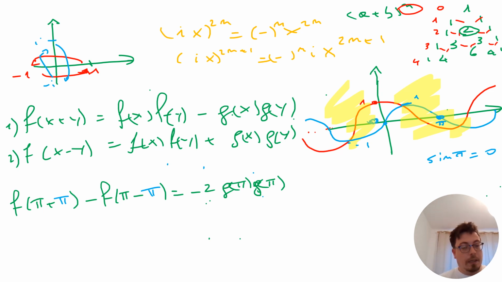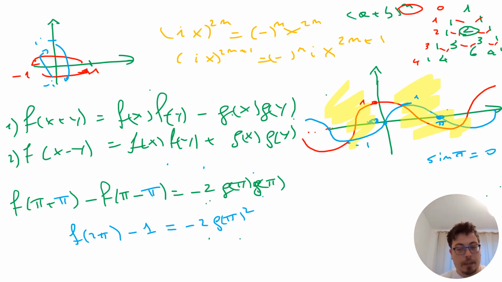Okay, and this is actually f of 2 pi. Sorry, let me do it correctly. f of 2 pi minus 1 is equal, yes, is equal to minus 2 g of pi squared. Okay, so f of 2 pi, but we know that